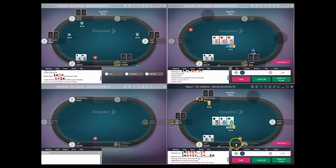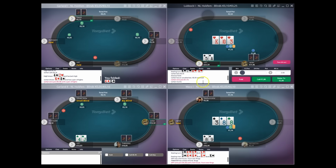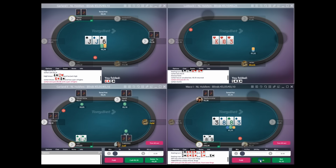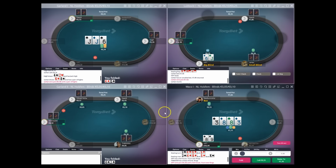Nice. So yeah, currently on 4 tables of 10NL and 25NL. Thought bringing some 25NL into the picture would be a nice idea. Everything very soft, everything very nice so far. Getting bet into here when I've got 3 of a kind. I think I'm probably just going to...